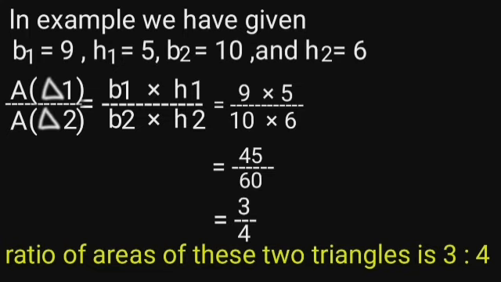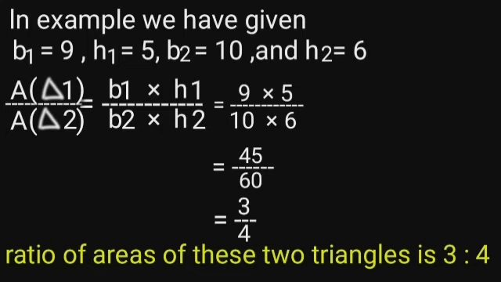From this formula, area of the first triangle upon area of the second triangle is equal to B1 into H1 divided by B2 into H2. Substitute the values: B1 is 9, H1 is 5, B2 is 10, H2 is 6, hence 9 into